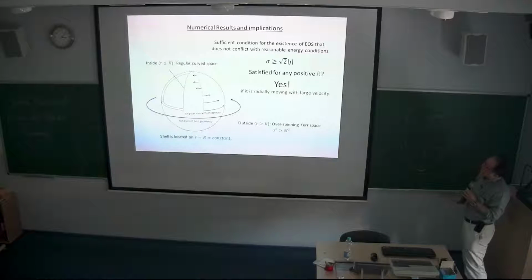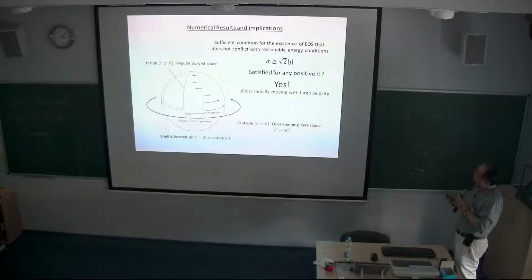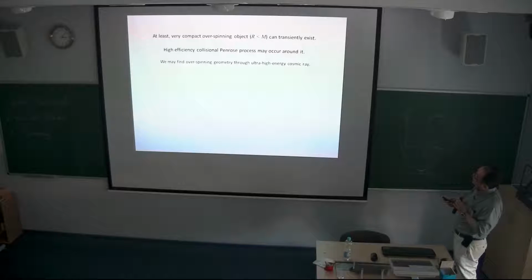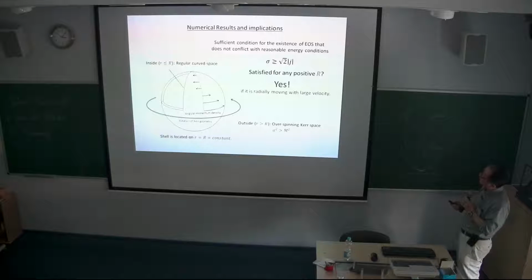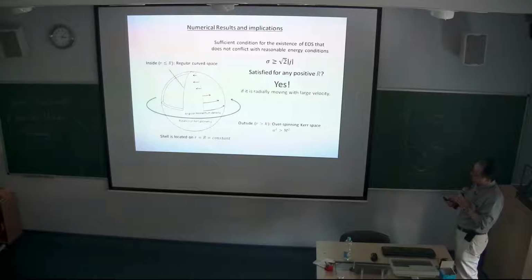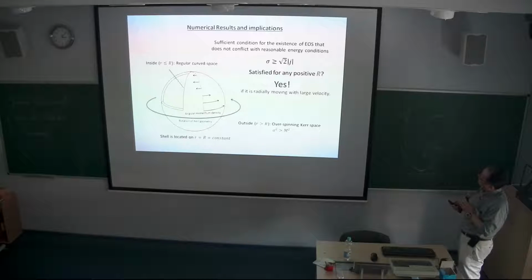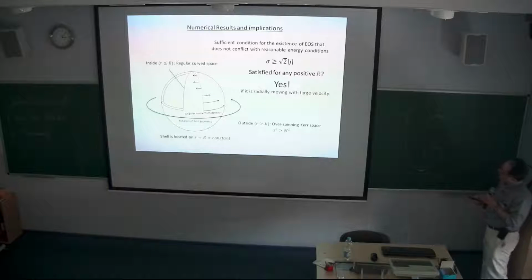Then we investigate whether the reasonable energy conditions are satisfied by an equation of state that does not conflict with them. The surface energy density of the shell is larger than or equal to the numerical results,